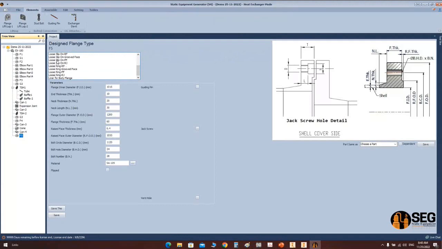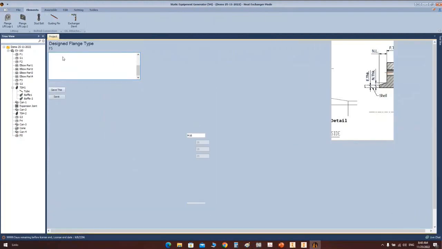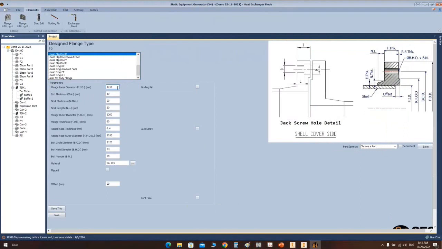On the previous flanges, we selected a loose slip on with flat face. But this time, let's select loose slip on with raised face. Let's define the flange dimensions. The flange face